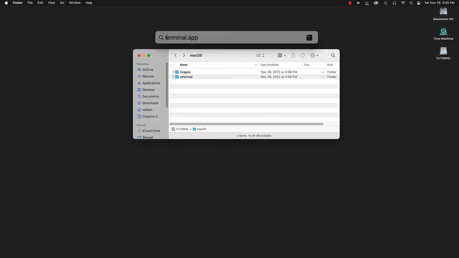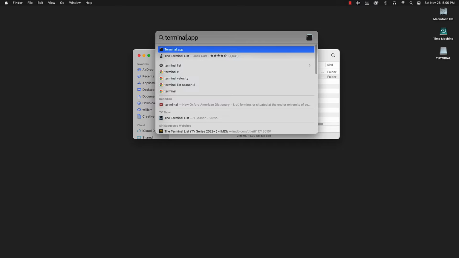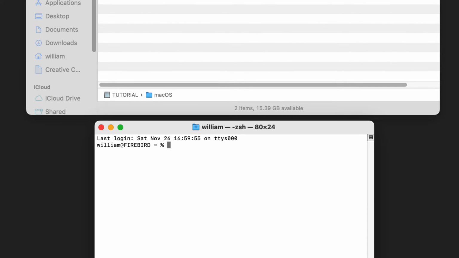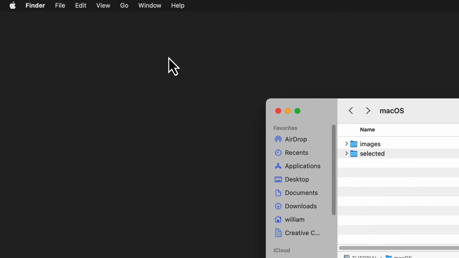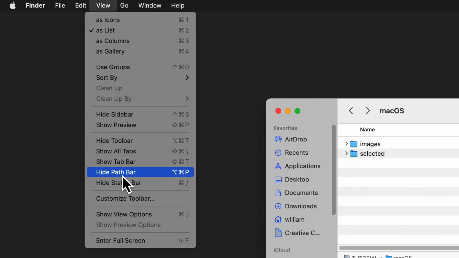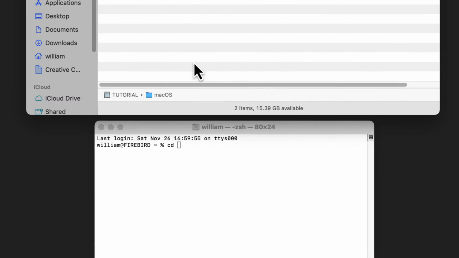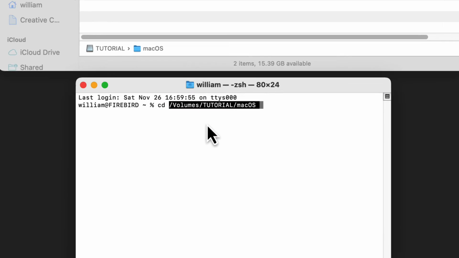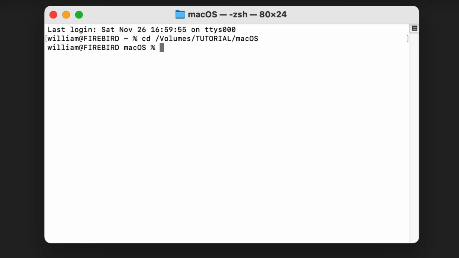Next, open Terminal. We have to be in the directory where the files are. Enter cd for Change Directory and a space. Then from Finder, drag the folder to the terminal window. I grab it from the path bar. If the path bar isn't showing, go to the View menu. Mine is already showing, so instead the choice is Hide. Drag the folder from the path bar to the terminal window. Then click the terminal window to make it active. Press the Return key, and we're in that folder.